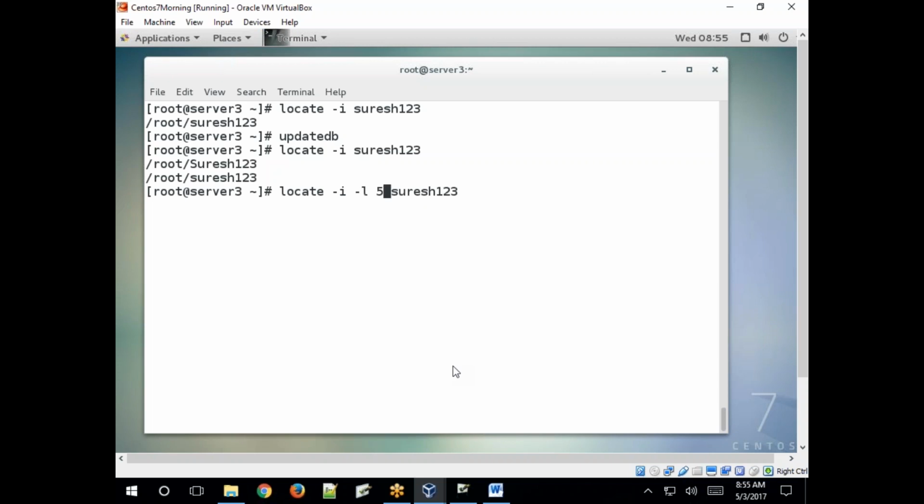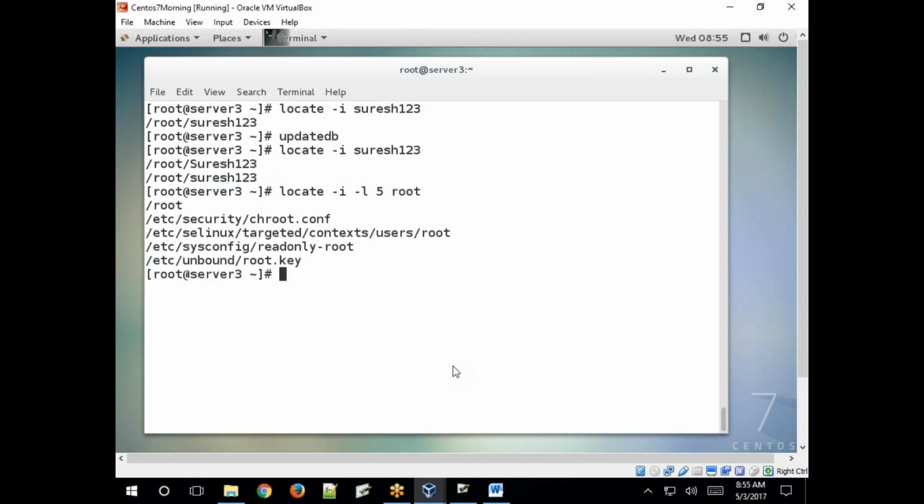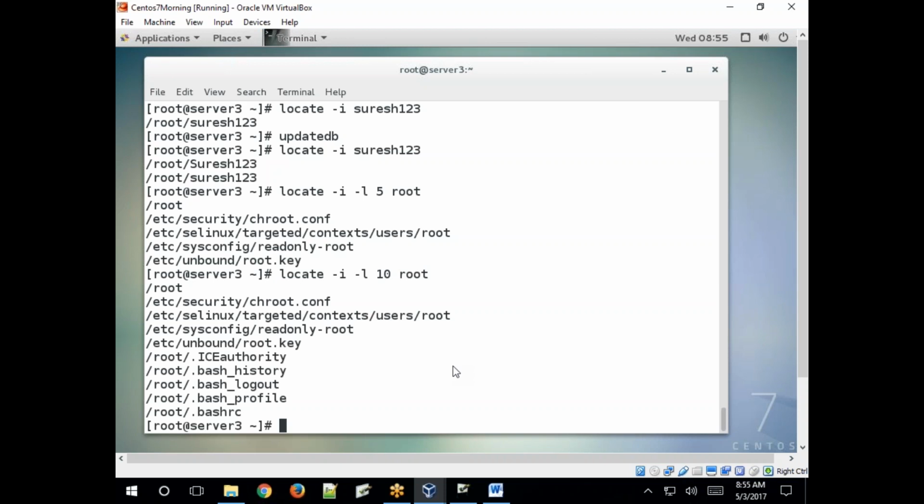For example, root, only for the file name, five lines, limit 10, limit the lines. Okay, the locate command returns only 10 lines to your output, limiting the output.